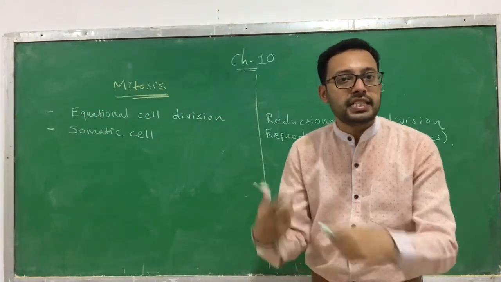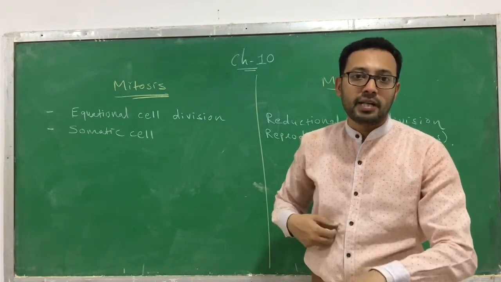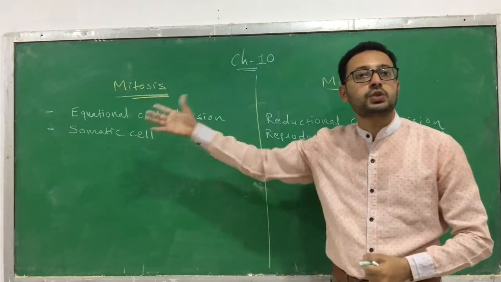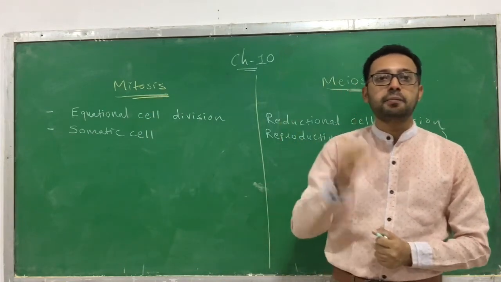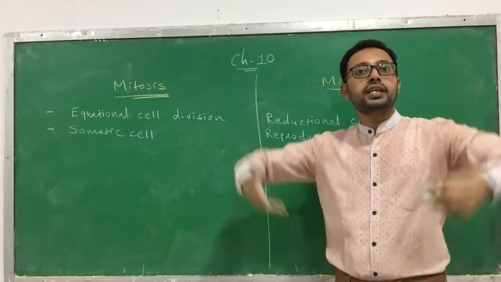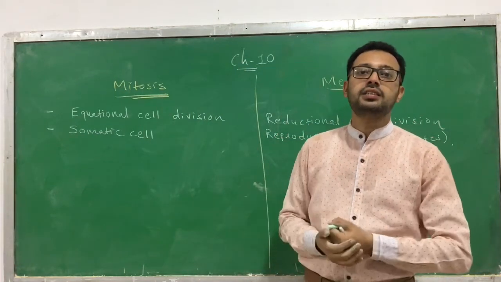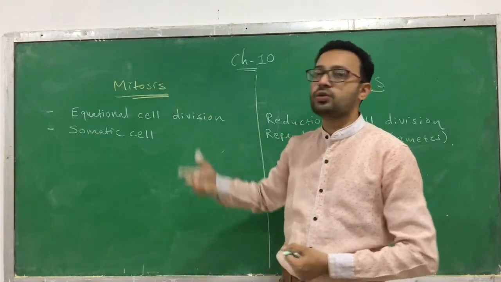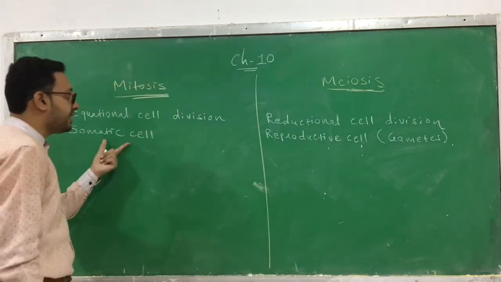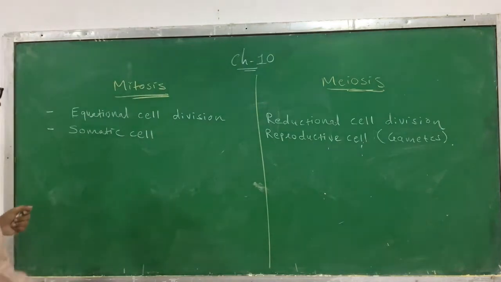Suppose you get injured and your skin layer has been removed. That is an injury. A new layer comes in its place. How does that occur? That occurs by mitosis because it is somatic. The sperm and ovum production occurs in male and female respectively. How does it occur? That occurs by the meiosis process. You are growing in size. When you are a child and you are becoming an adult, growth occurs, there is an increase in the number of cells. How does it occur? It's mitosis because all these cells are somatic cells. So mitosis occurs in somatic cells, meiosis occurs in reproductive cells. So this is the second difference.